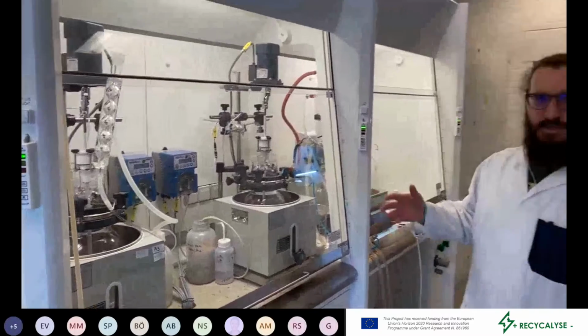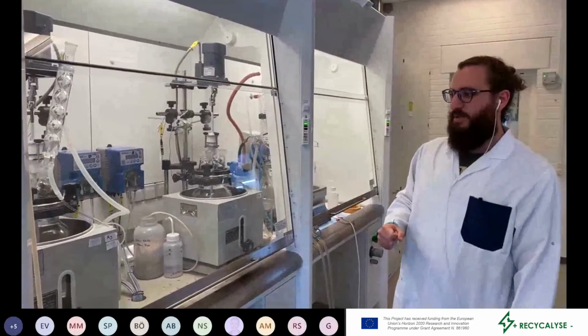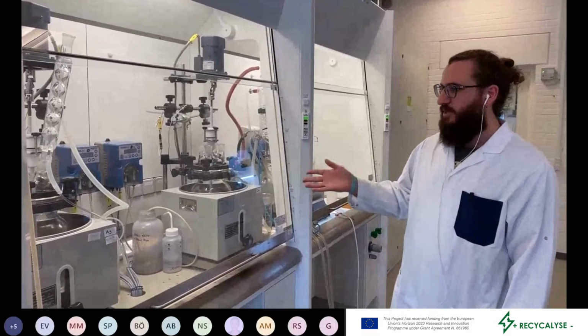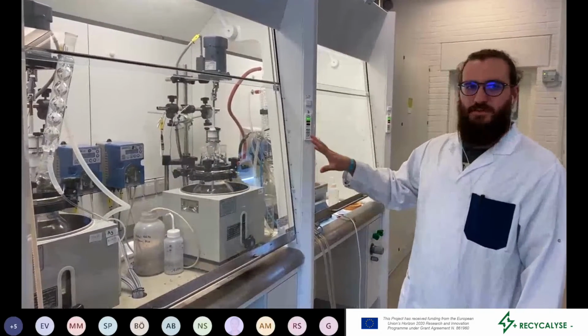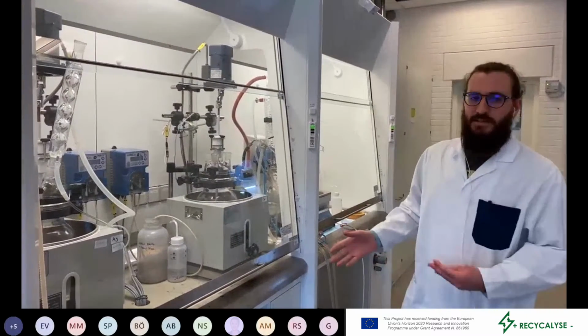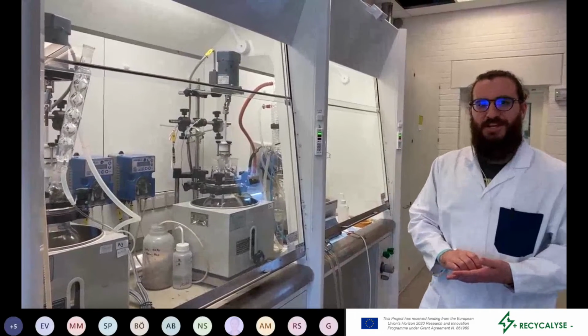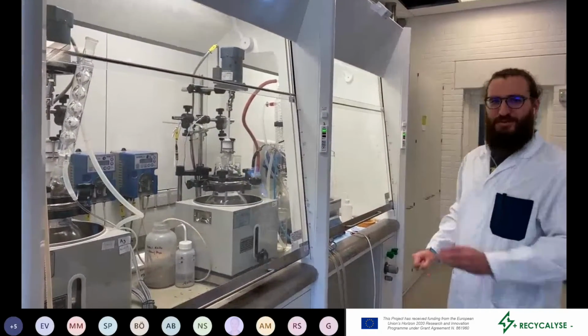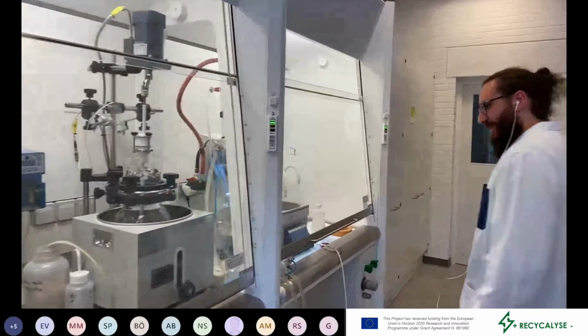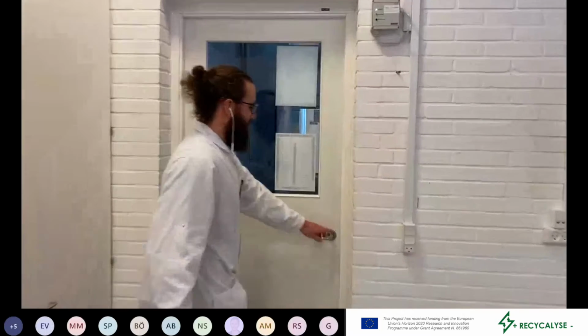If at some point we decide that we want to upscale the batch synthesis, we can also, of course, do it here. And once we optimize the conditions here, we can move to some bigger reactors we have that are 40 and 80 liters. But I will not show them to you now because we have a little bit of a mess in the other lab. So I'm going to keep it with the small reactors here. And then finally, if you follow me to the last room,